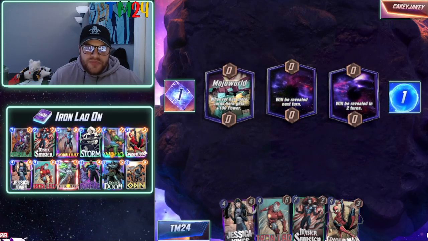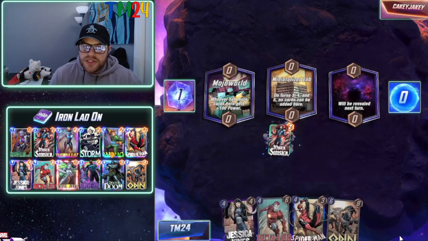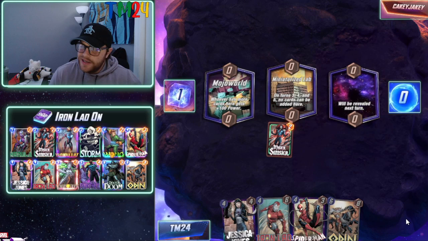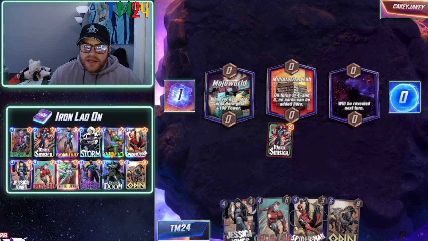Again, you can see not a whole lot of early game play. We've got the Mr. Sinister in there because Iron Lad hitting Mr. Sinister, 2 4 6s, so 12 power for 4 is kind of nuts. So we've hit that a couple times, obviously not in this game here, but again, Iron Lad, I think there's